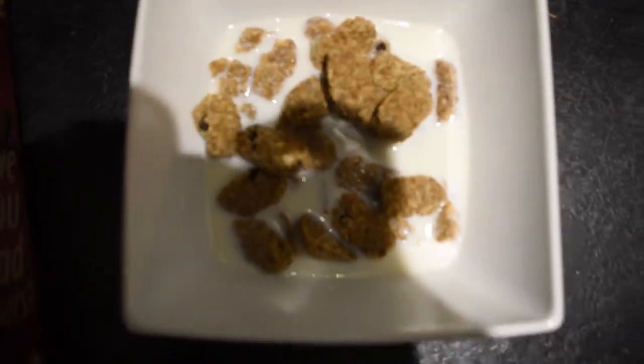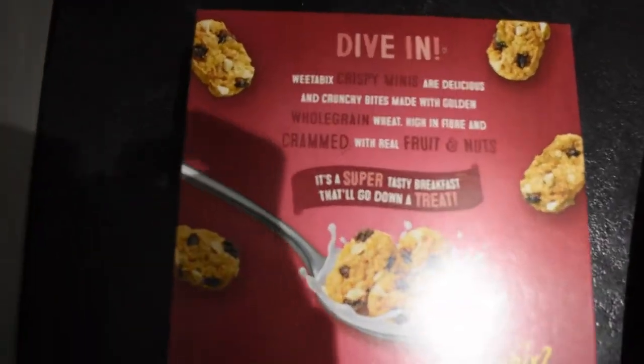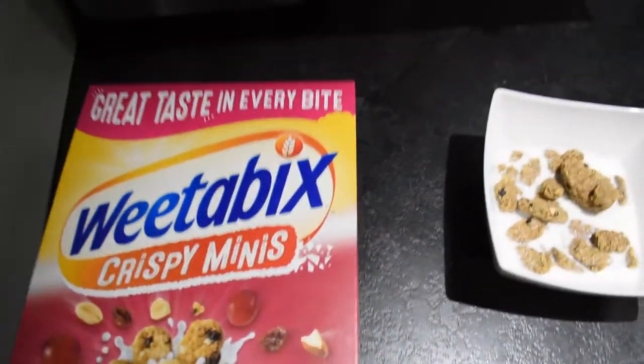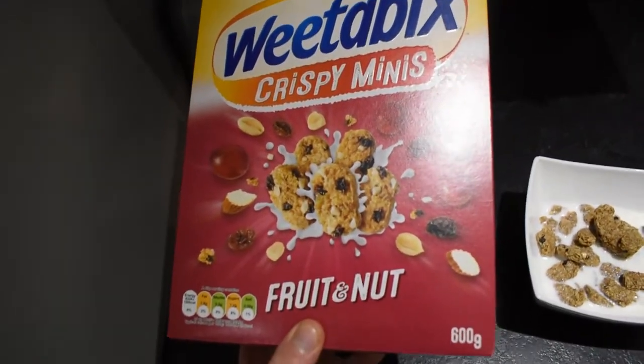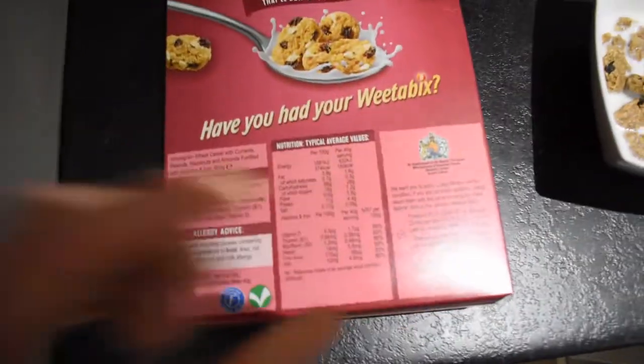So here we have breakfast, cereal. My general go-to when dieting is these, the Weetabix Crispy Minis Fruit and Nut. And the reason for this, if we just focus up here,